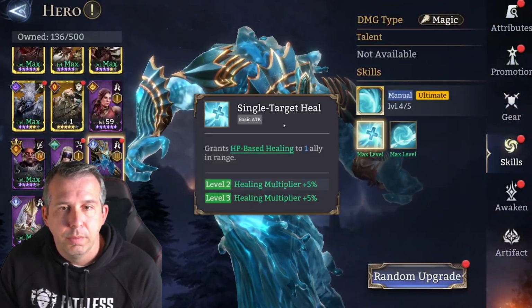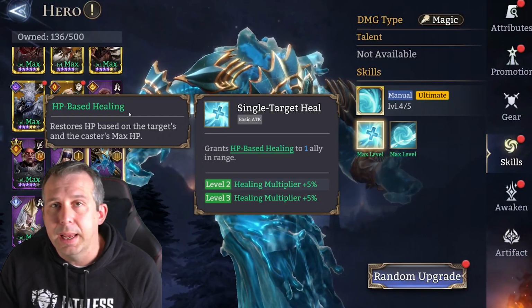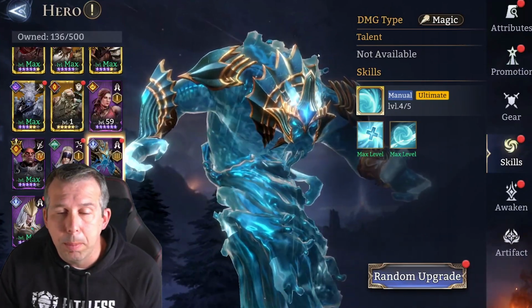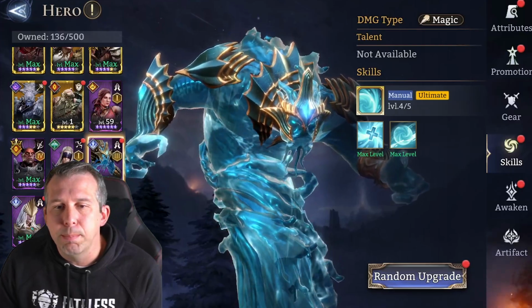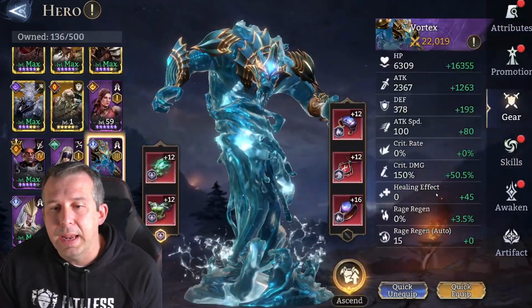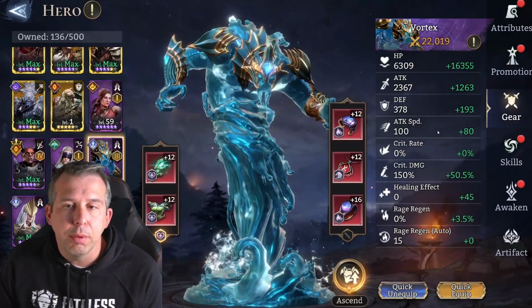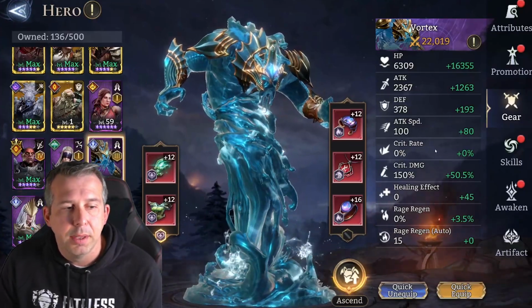So this one, Vortex here, is an HP based healer. So the more health he's got, the bigger the heals pop. But also you get some benefit from healing effects, and you get some benefit from attack speed. So those are the 3 stats that I'd be punching on a Vortex to try and get him in a